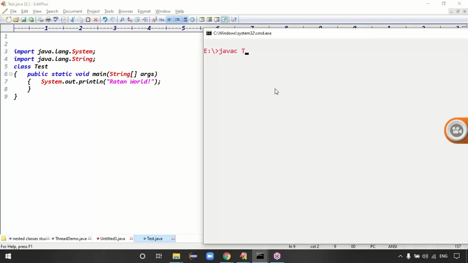javac, the application is called what? Test.java file, right? Because I saved my application as Test.java, the code is compiled. java, the class is called what? Test class, right? The class name is Test class. We got the output, the good morning message, right? Exactly. Guys, the point is that here I'm using two predefined classes, System and String class. Then we have to import those two classes, right?